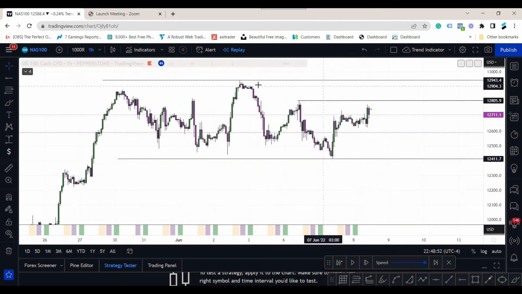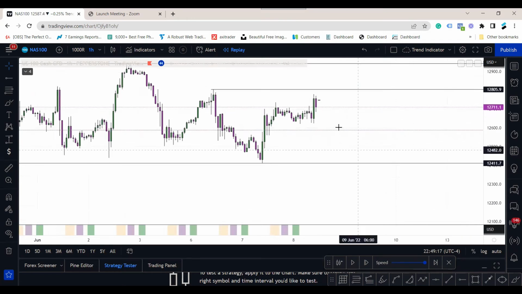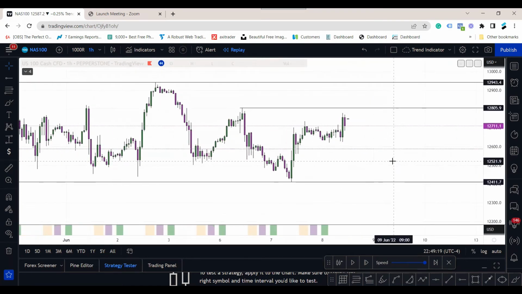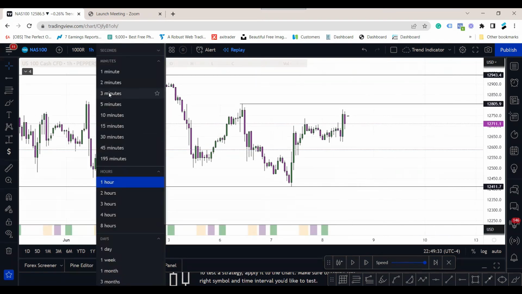So obviously, if this Nasdaq shows that it is trading in the range, I will want to assume that it will remain in the range for at least tonight's trading session. Or since I'm not going to hold that long, maybe for the next couple of hours, I don't think the price is going anywhere, right? So my bias is to look for a sell. My idea is to look for a sell. Go down to the lower time frame,